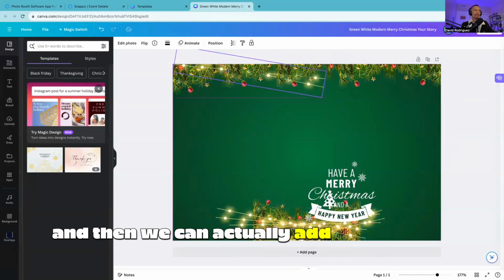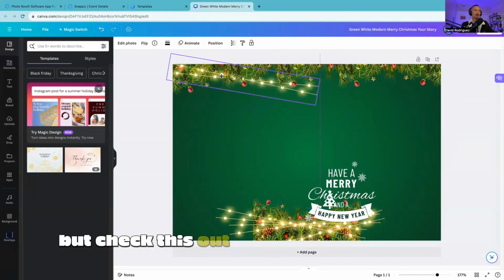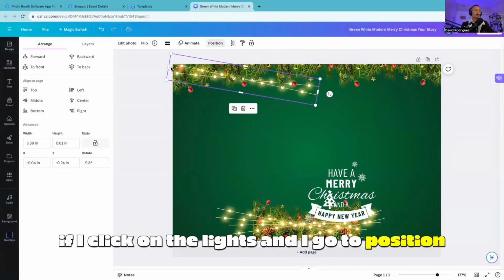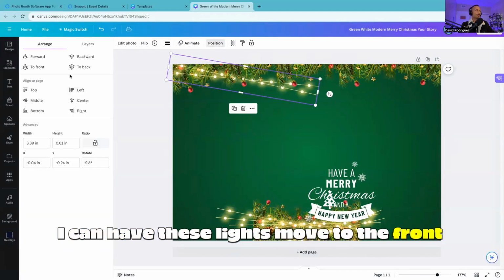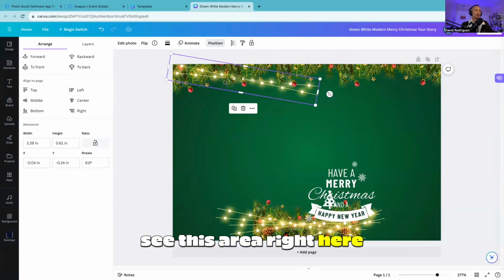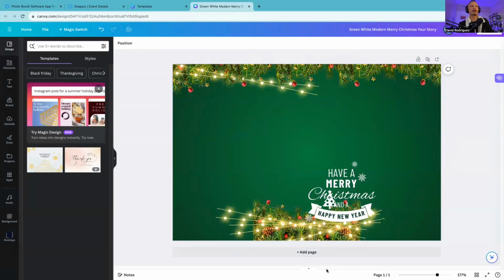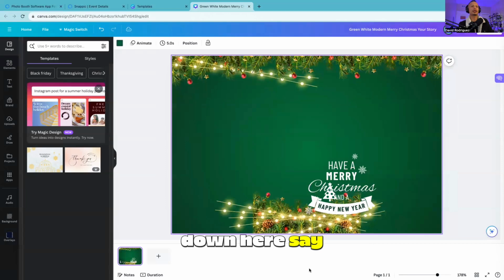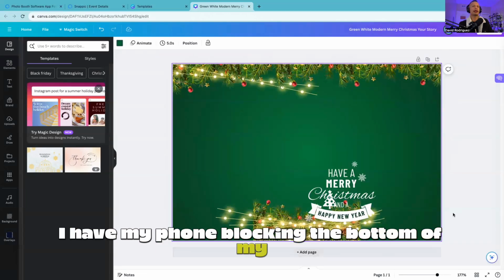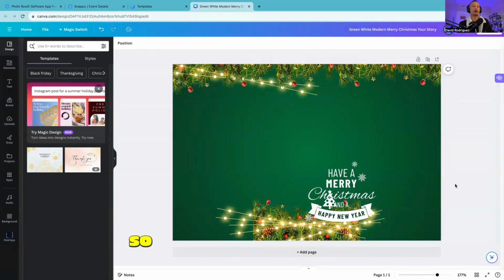And then we can actually add these lights right here. But check this out, with these lights, guys, if I click on the lights and I go to position, I can have these lights move to the front like this. See this area right here? I want you to focus on this area. Let me zoom in. Where is this? Down here. Let's see. I have my phone blocking the bottom of my computer screen. So I was trying to zoom in, give you guys